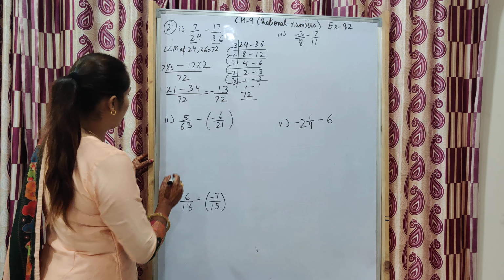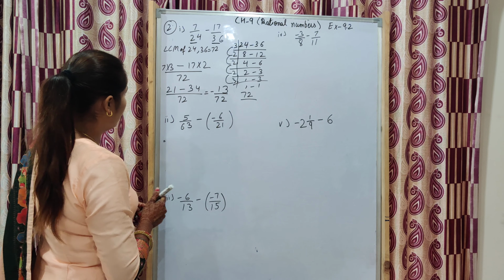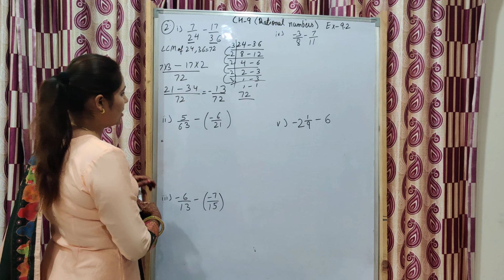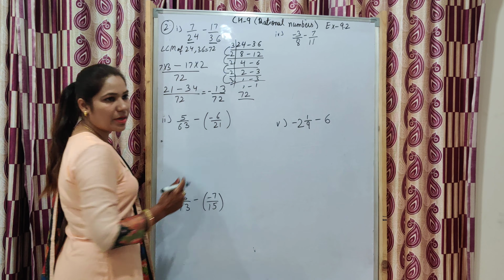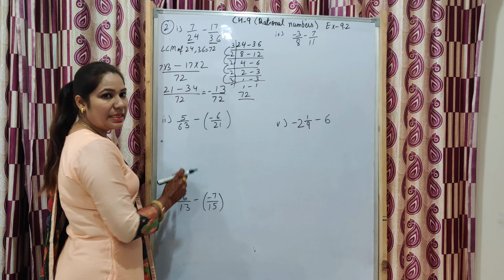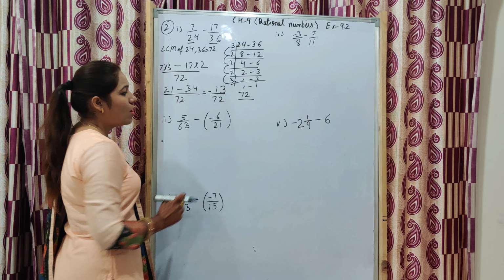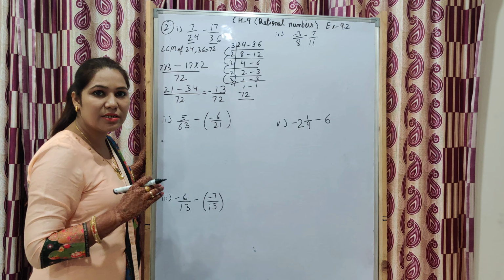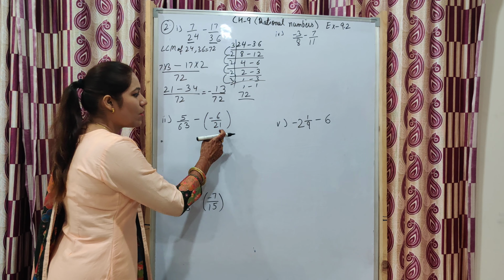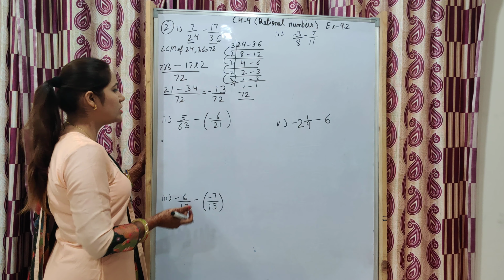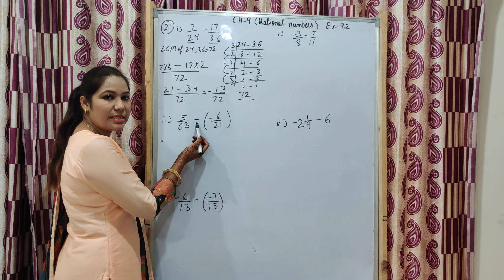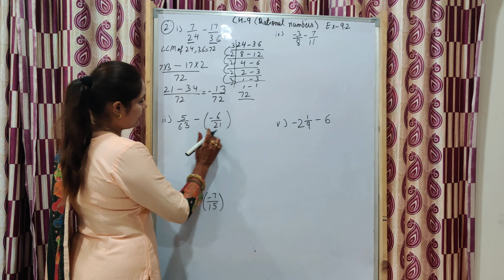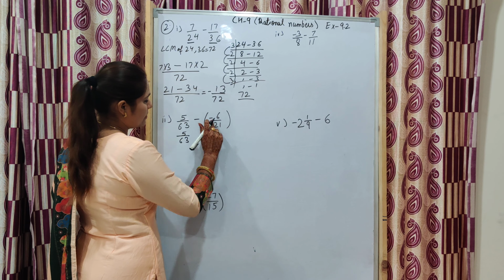Now next part, the second part is 5 upon 63 and 21. Here is the negative sign and inside the bracket there is also a negative. That negative sign indicates we have to take the additive inverse of minus 6 upon 21. Now minus 6 upon 21, additive inverse. In additive inverse we will change the sign. So it will become 6 upon 21. Or you can do one more thing: if outside the bracket there is a negative sign, then inside the bracket the sign will be changed. Now 5 upon 63, minus minus plus,